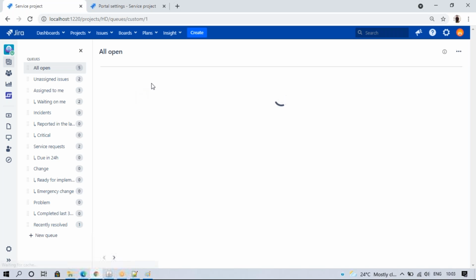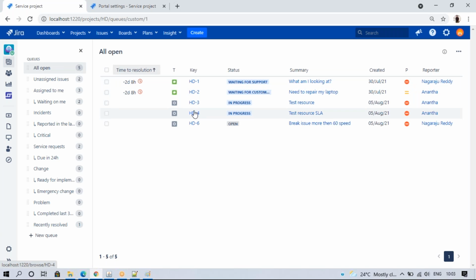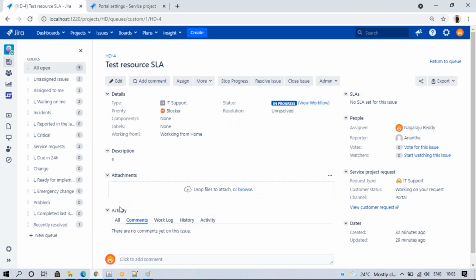When the ticket is raised and I open, say, the fourth ticket, I can see the link here. Suppose the customer is asking a different question, facing some issue like resource SLA. I can see the test SLA support documentation. If I click on that, the documentation will open.